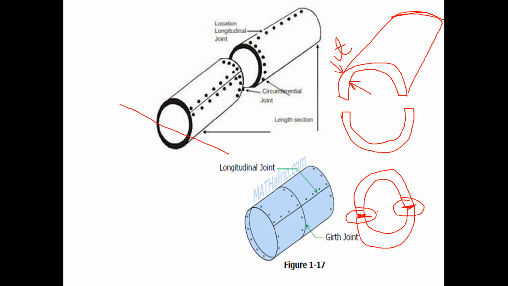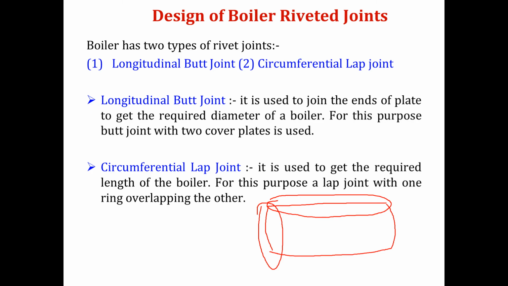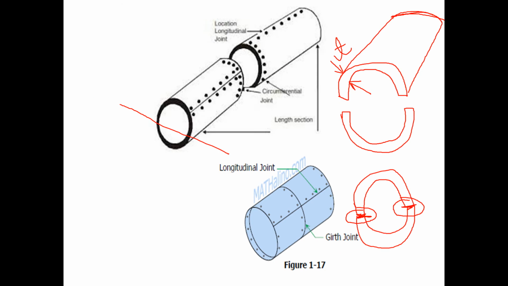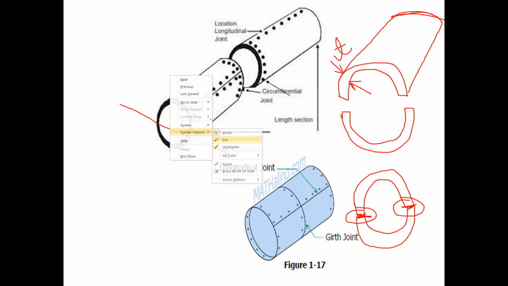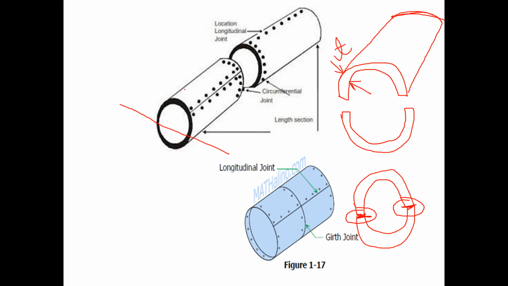Then which joint will you use? You will use this longitudinal butt joint. If you divide this entire boiler into a set of n number of rings, that means this is one ring,